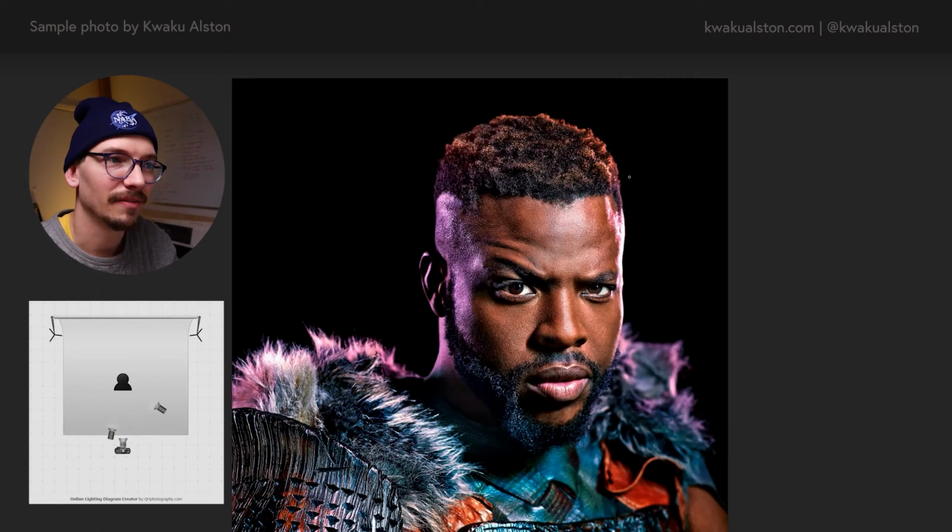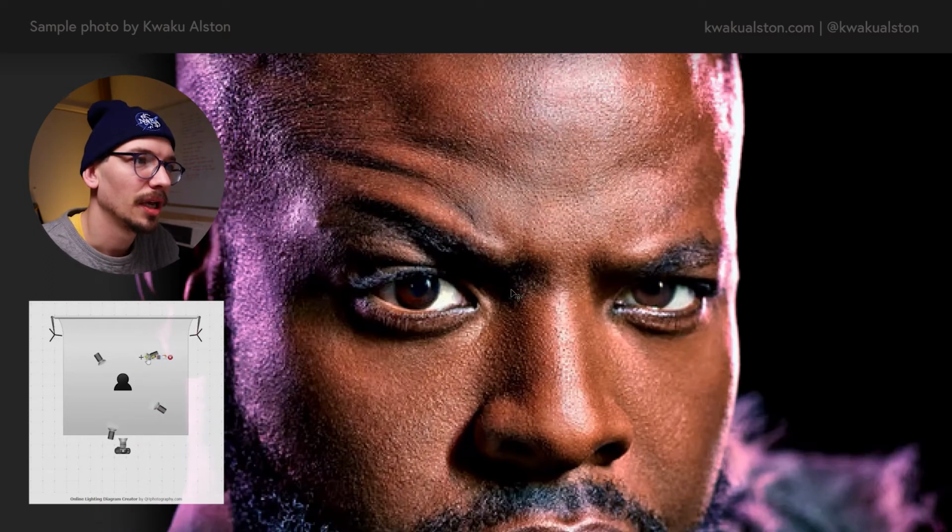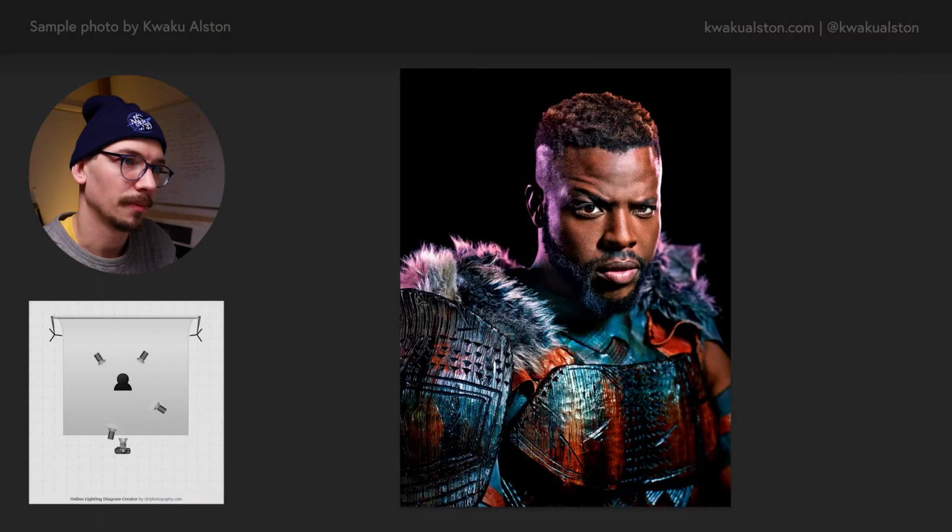And just the fact that we have this highlight here, it's safe to assume that lighting is not coming from the main light, otherwise his face would be blown out, but that there's probably a third light in there as well. So we have three, I would say maybe even four lights, looking at that small reflection in his eye. Maybe that's a screen of a computer or something, or maybe that's just a bit of a fill light in there.